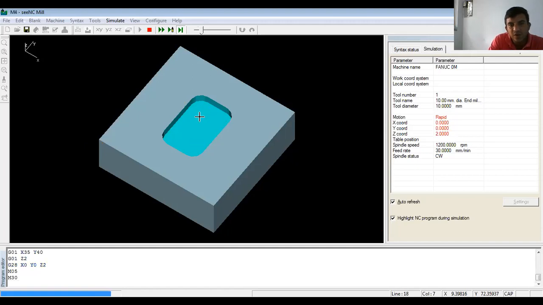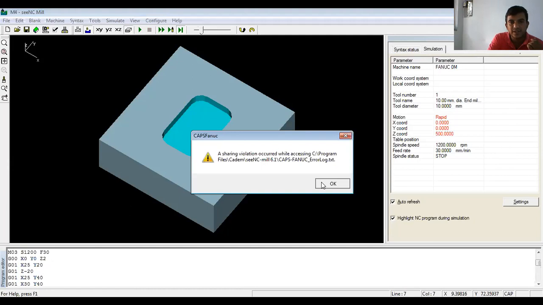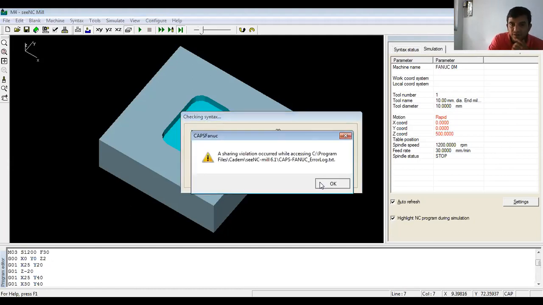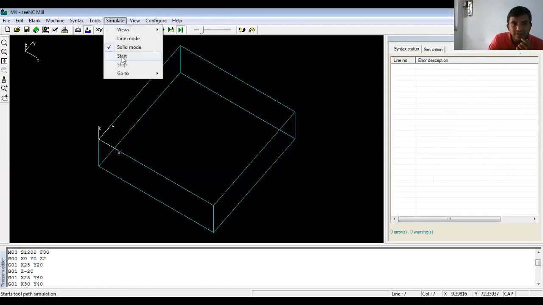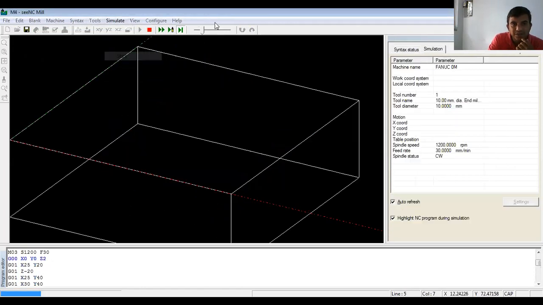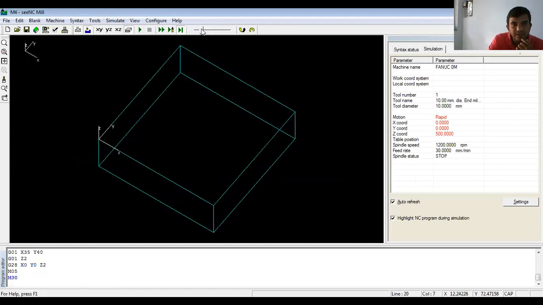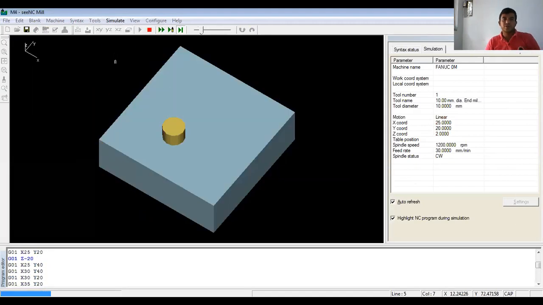Now this is what we call pocket milling, right? So instead of that, I will increase the depth. If you're not able to follow here, I'll increase the depth to 20 mm. Whenever you change it, you again have to give the syntax. Okay, if the session has ended, now that is closed here. Until then, we'll see the simulation. Yeah, now you can see the 20 mm given here.